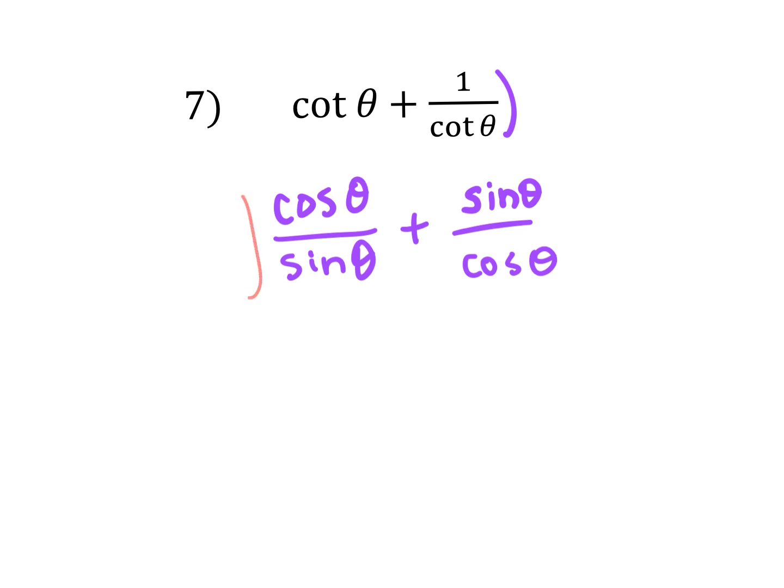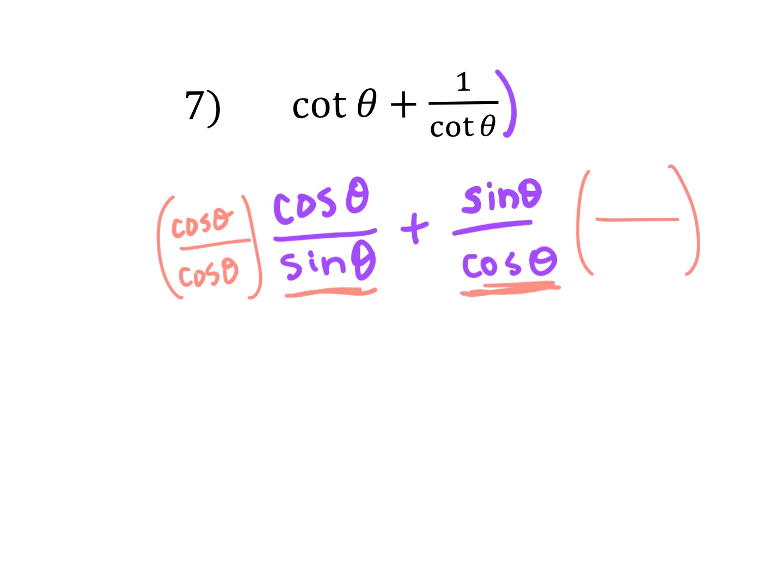So what do we need to multiply by over here? This denominator is sine, so we need that over here. So we've got to multiply by cosine theta over cosine theta. And then here we already have the cosine, we need the sine. So we're going to multiply by sine theta over sine theta. You see that, guys? Our common denominator then is